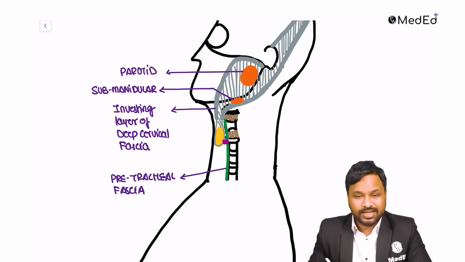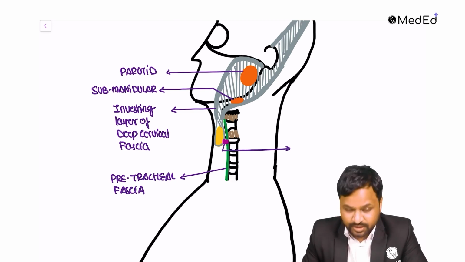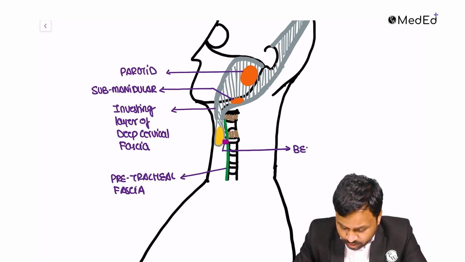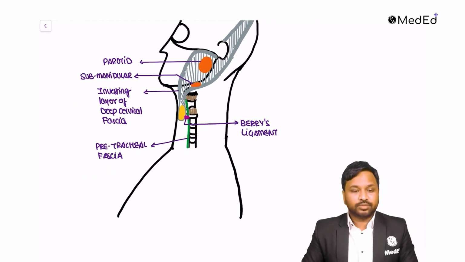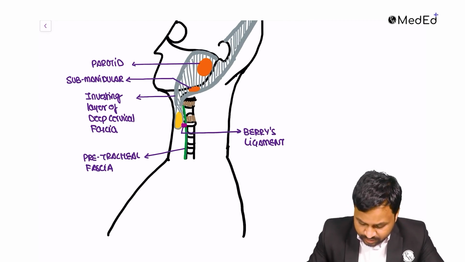And as you can see, there's a tuft of band present on the posterior inferior surface, attaching to the pretracheal fascia. And this is what we call the Berry's ligament. Now, obviously, the one that is encasing the outer side of the thyroid gland,